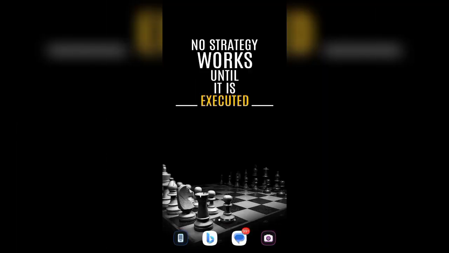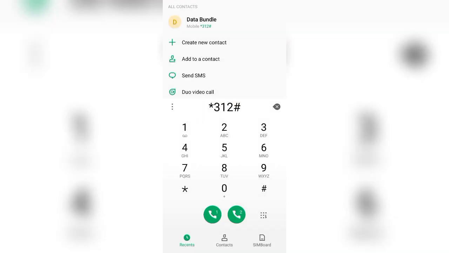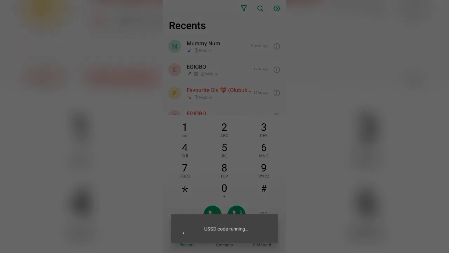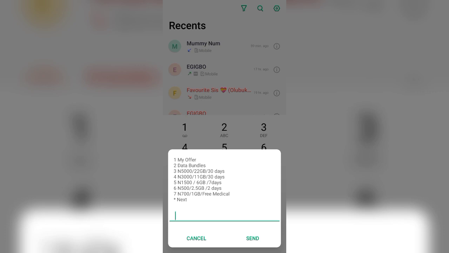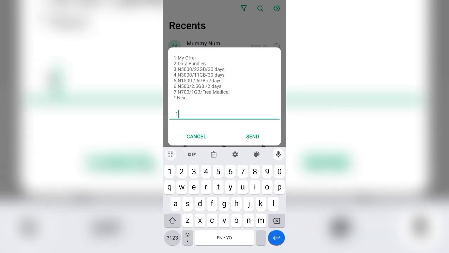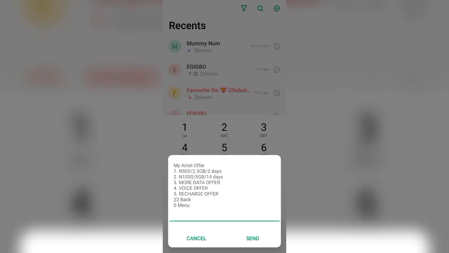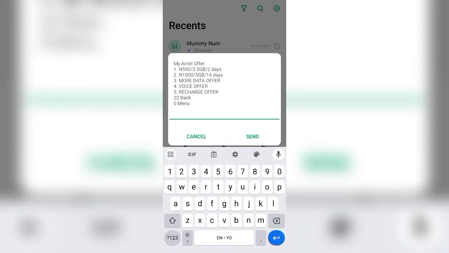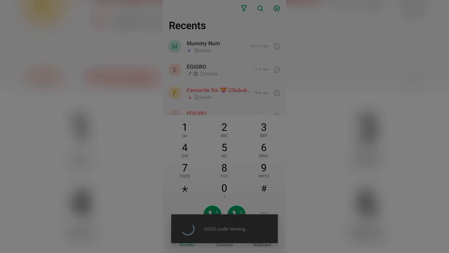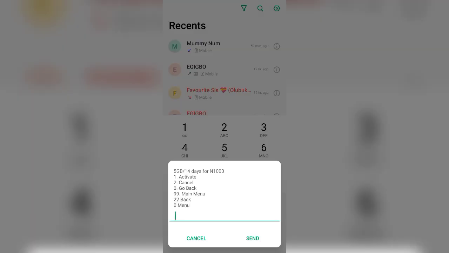First thing first, click on phone, enter star 312 hash, dial it, enter 1 for my offer, enter 2 for 1000 naira 5 gig for 14 days, enter 1 to activate,